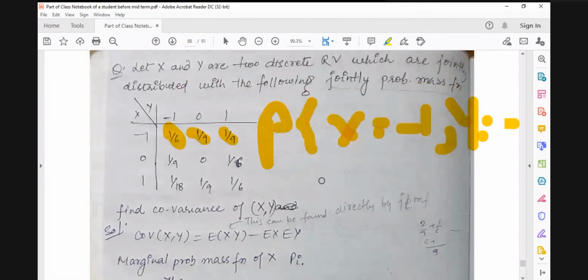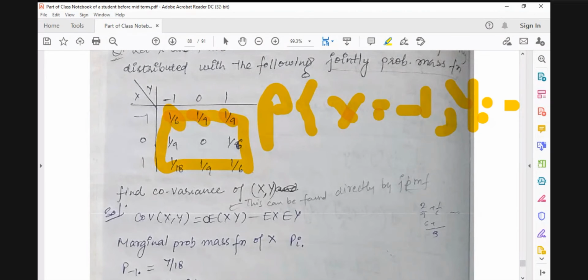So in this problem, I told you to find the marginal probability mass function of X and marginal probability mass function of Y, because here you have the probabilities in terms of the joint probability mass function. Thereafter, I told you to find the expectation of XY, or I can ask for the covariance between X and Y, or I may also ask the variance of X and variance of Y from this single data only.